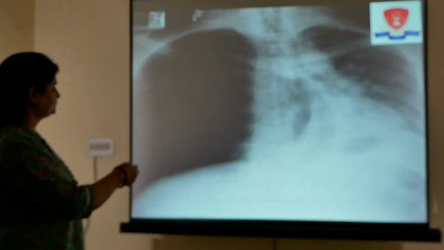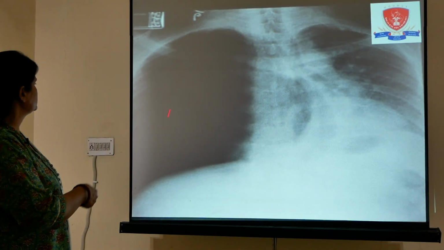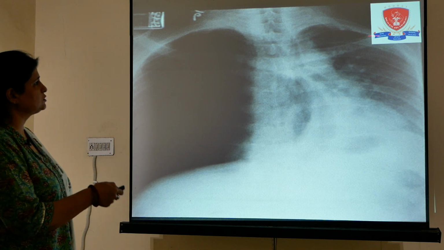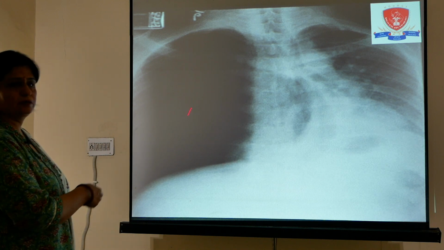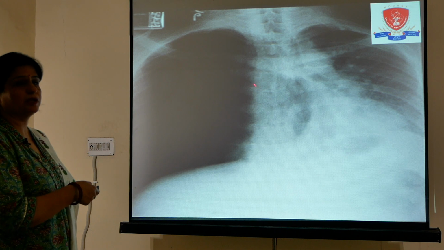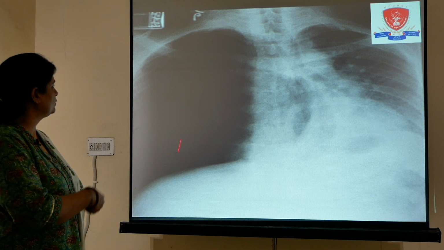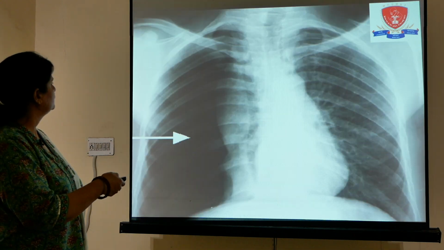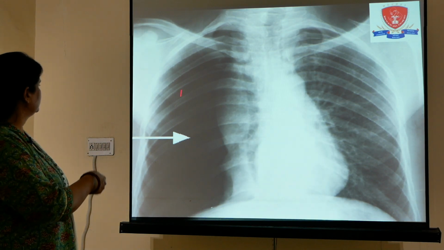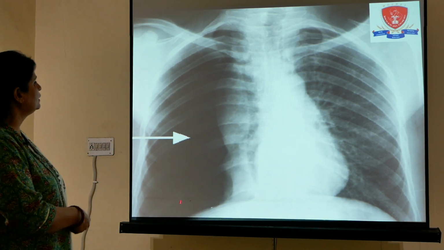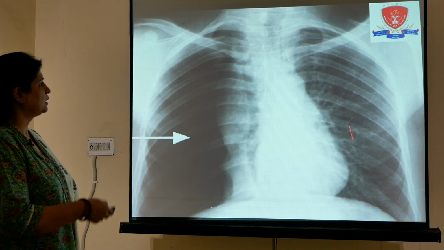This is the X-ray of the same. This is intensely dark, unlike the normal lung. This is a very dark lung because there is an increased amount of air here because of pneumothorax. A similar picture here, and this is the intensely dark lung because of pneumothorax. This is the normal lung.